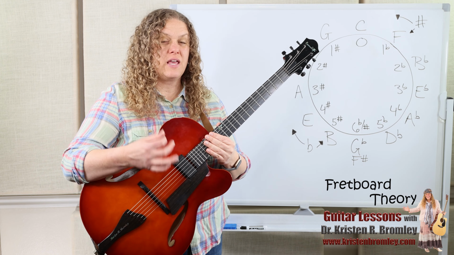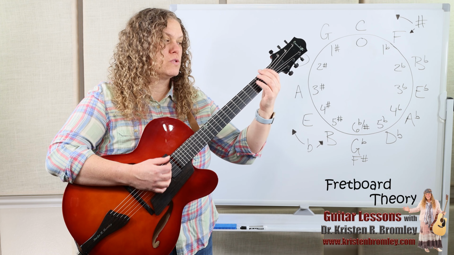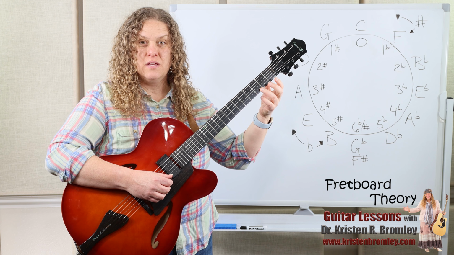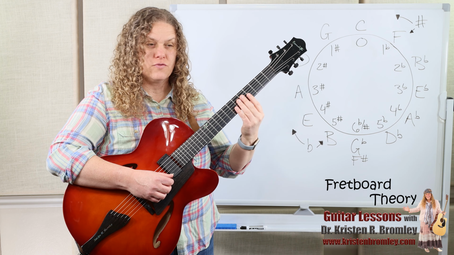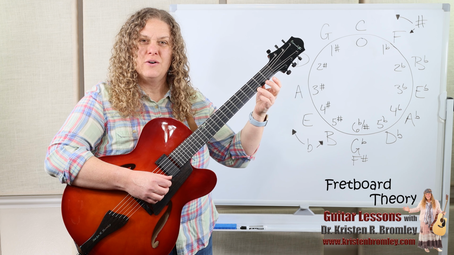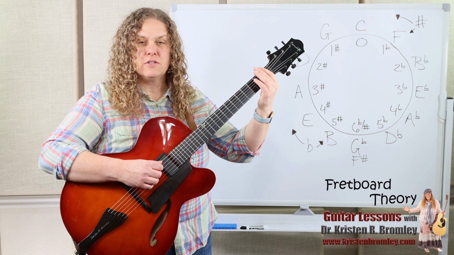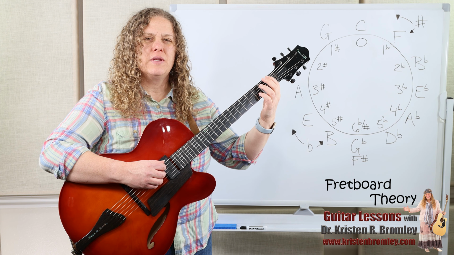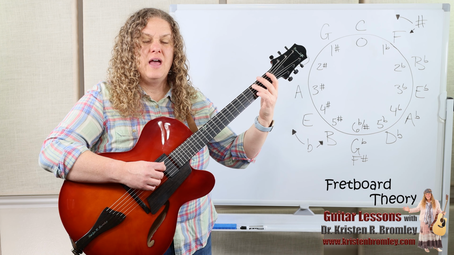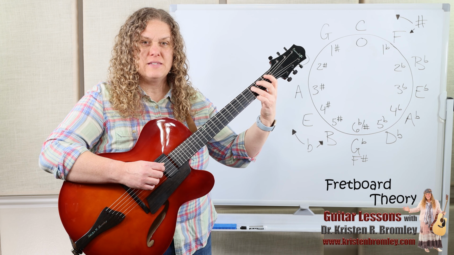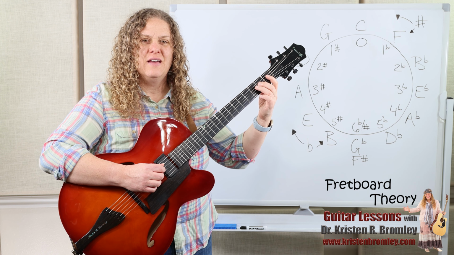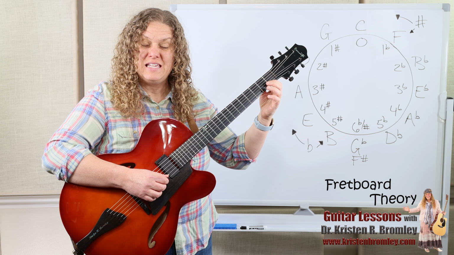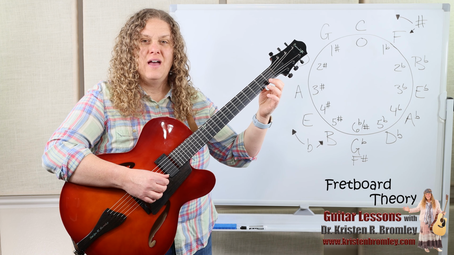So if we were to play our scale using the approach that we've used, we'll start on the lowest root, which is at the 1st fret of that 6th string. We're going to go to the highest note in the 1st position, so the highest note within the first 4 frets. So we've got a G note up on top. And then we're going to play all the way down to the lowest note, which is an open E, and then back to F. So we'd go F, G, A, B flat at that 1st fret, C, D, E, F, G, A, and then B flat at that 3rd fret, and then C, D, E, F,